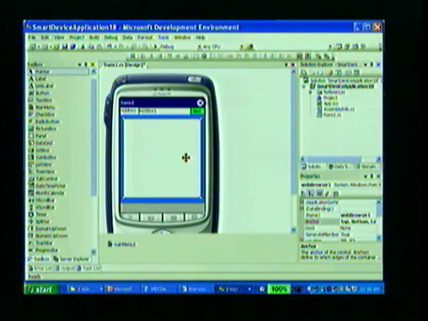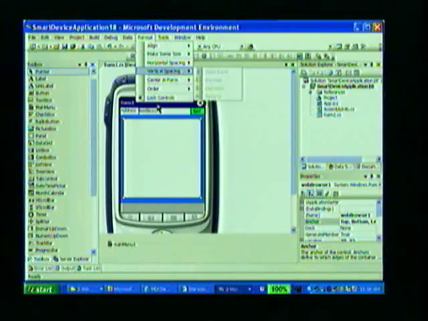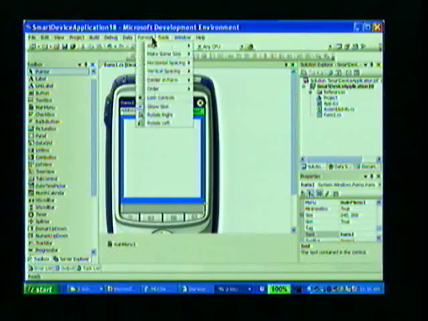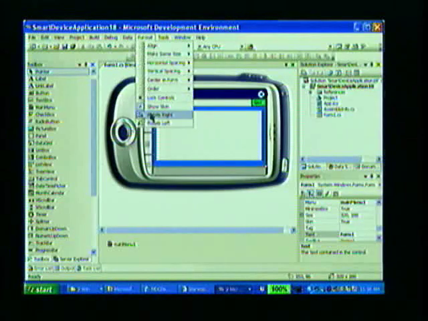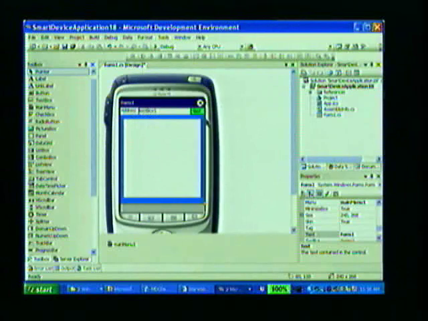Before we finish off, though, I want to show you at design time how we can test our application so that we can make sure that it works well in landscape mode. Now, you may have seen this in the keynote this morning, but it's just very cool. It's fun to do. If I have the form selected, then I can rotate the form, or the whole form inside the designer, and you can see that all of the controls mapped correctly to the new layout. Let's just move that back